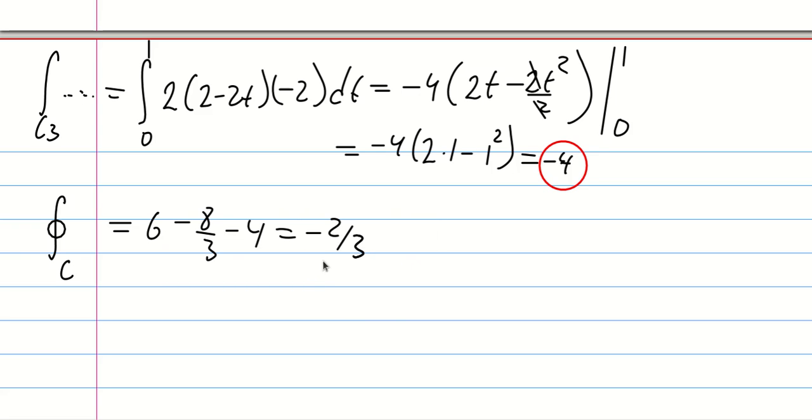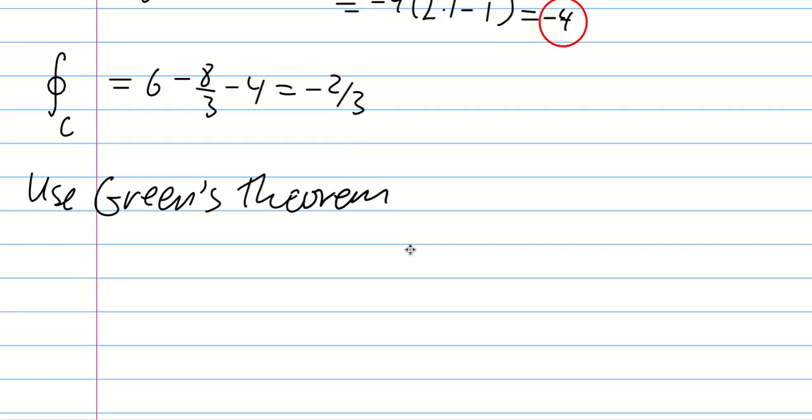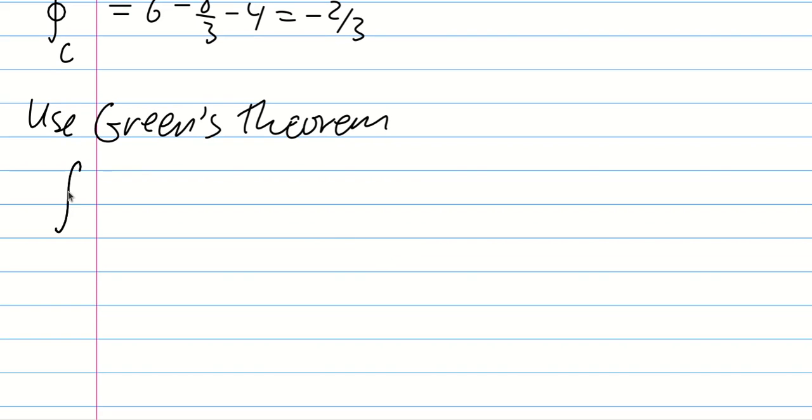It's a long procedure, it took us like 15 minutes to do. But what if we use Green's theorem? Use Green's theorem instead of this long procedure. So we want to use Green's theorem to calculate this integral over closed C, and it's 4x squared y dx